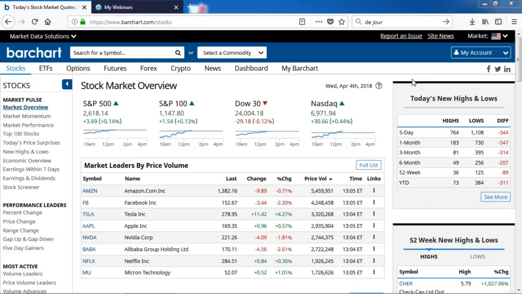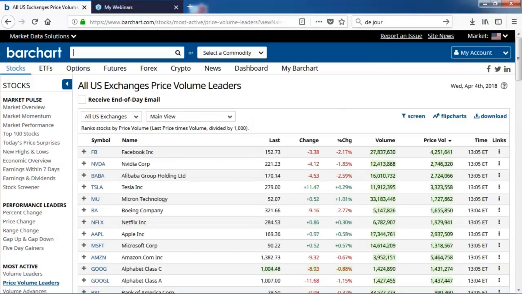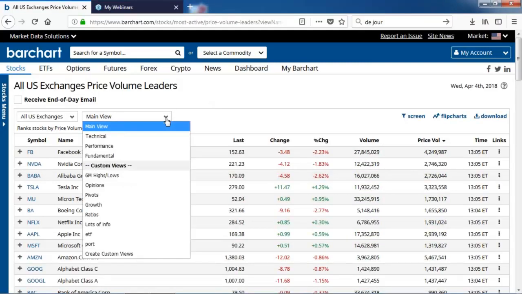All right, let's talk about some of the basic views that we offer in the markets. Here, just on the stock overview page, you can see the market leaders by price volume. If I click on full list, then you will see a larger, more expanded list. Now, last week we talked about some of the features and how to shrink and expand the page. Just click on this left-hand blue arrow if you want more data columns. This is just the main view. I'll show you in a little bit how to set up your own default view, but this is just the way that it's set up right now.